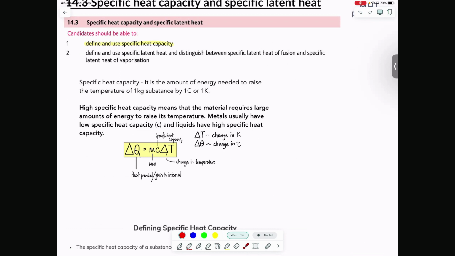What preparation do you need to take? You just do